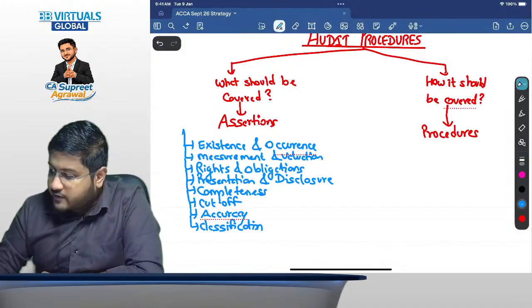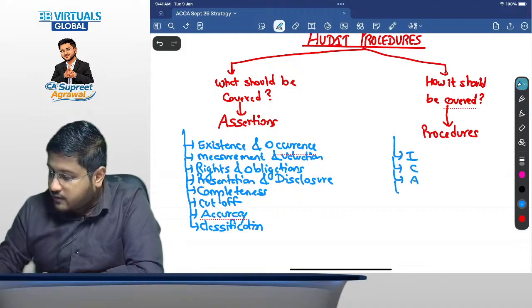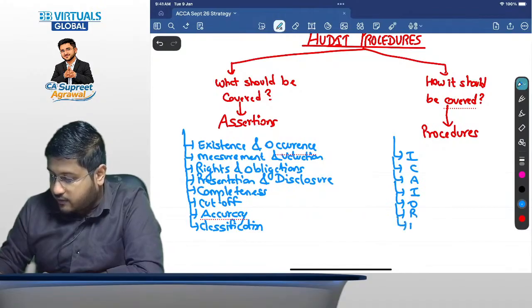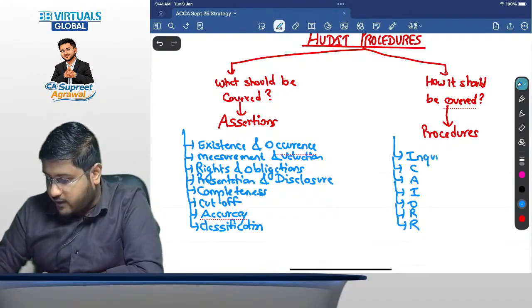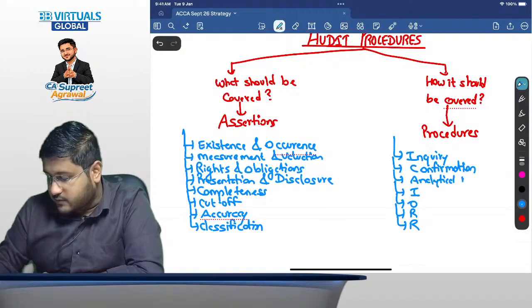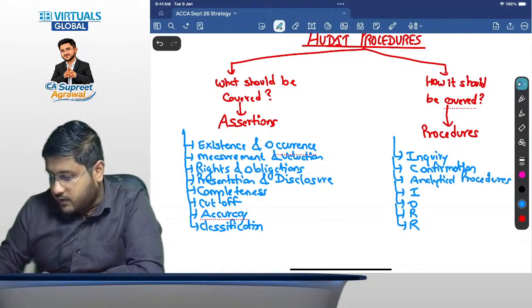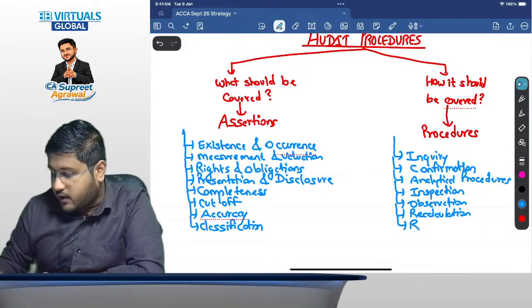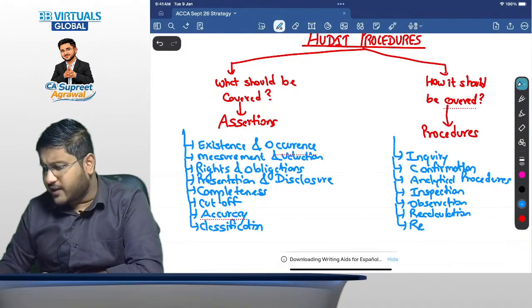The procedures we have discussed are I, C, A, I, O, R, R: inquiry, confirmation, analytical procedures, inspection, observation, recalculation, and what is this? Recalculation and